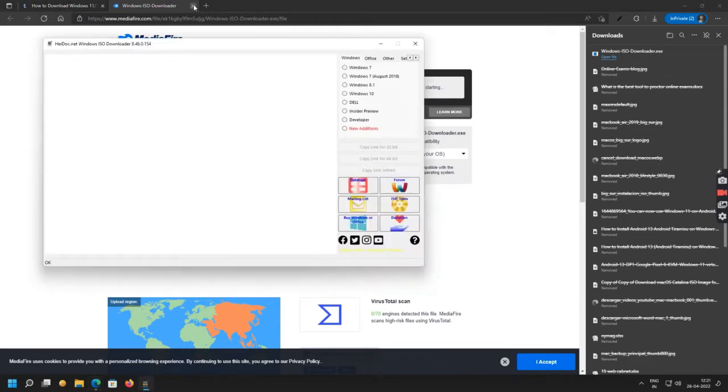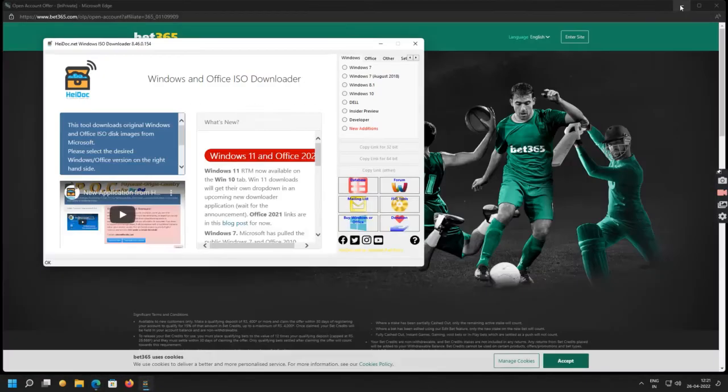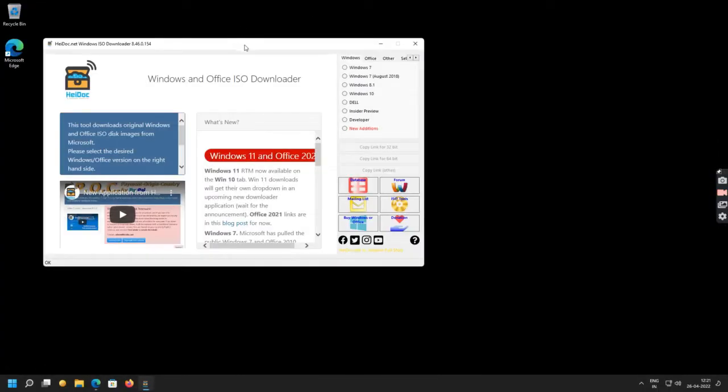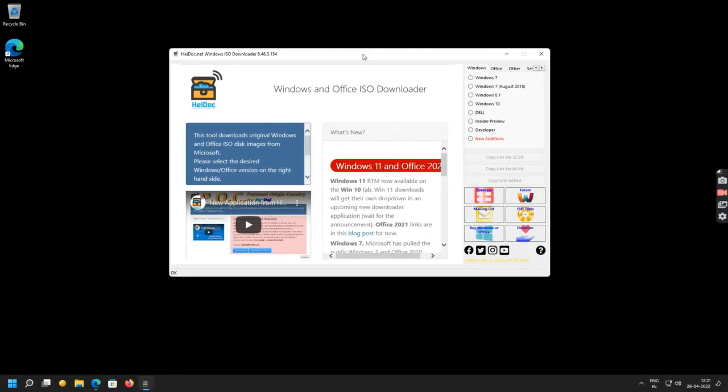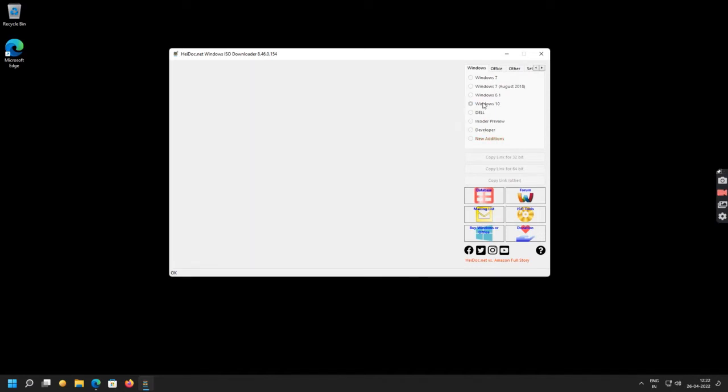And now you can close the unwanted browsers. So as you can see here we have Windows 10, 8.1, Windows 7, August update and Windows 7. Then we have Office also. So if you want to download Windows, you simply click Windows and now go to the Windows 10 tab and now followed by